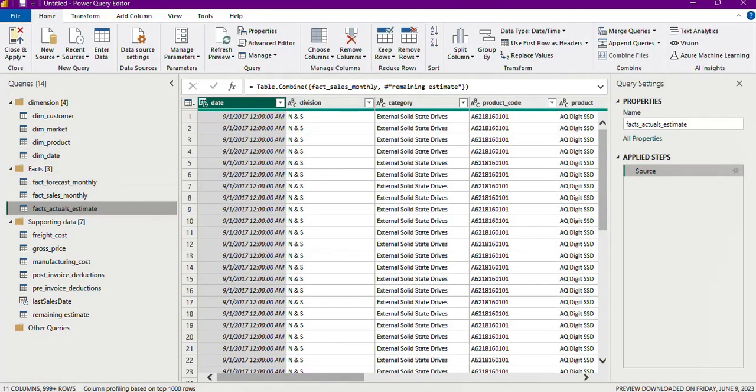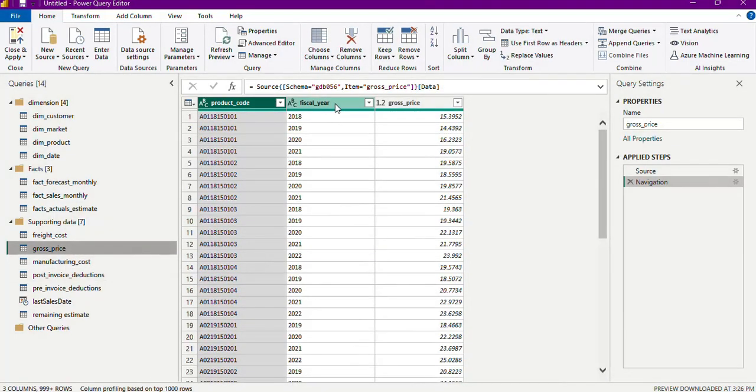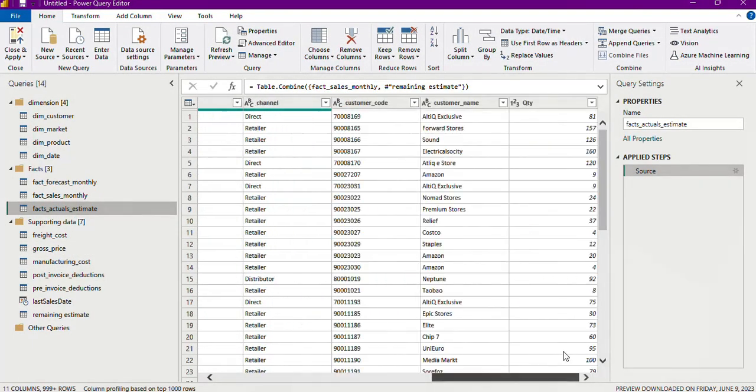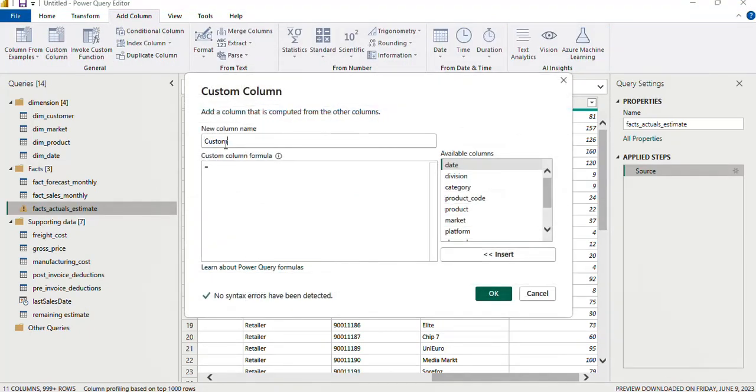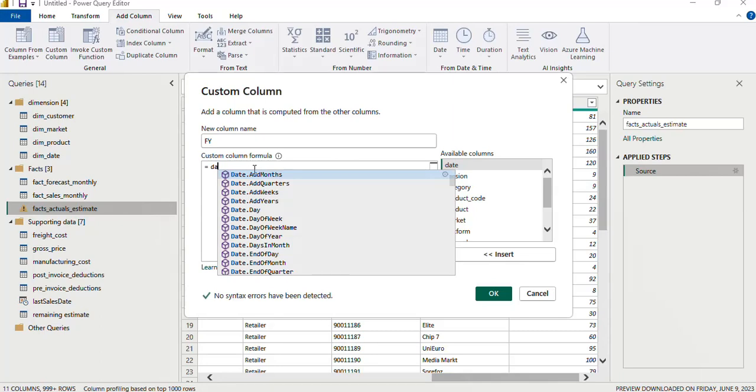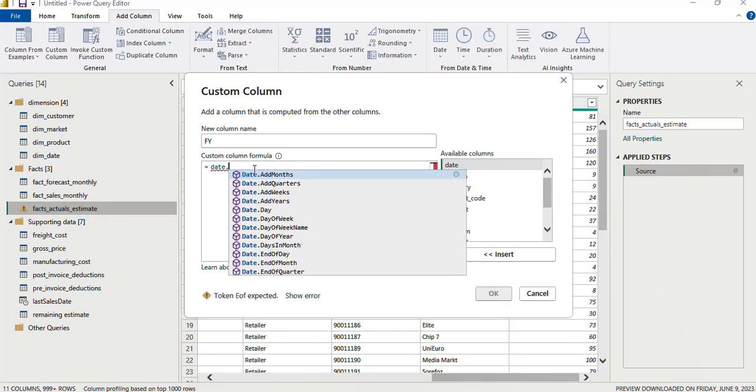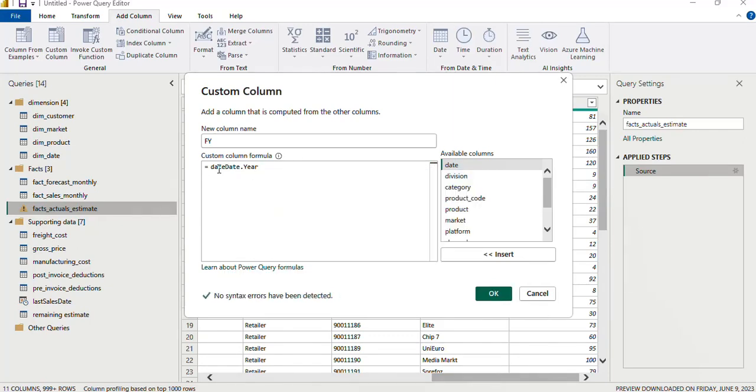You have product code. You need to have fiscal year, but there's no fiscal year here. So we'll add a column and create a fiscal year column. Okay, so fiscal year, and that will be date dot year, date dot year, bracket date dot year, and